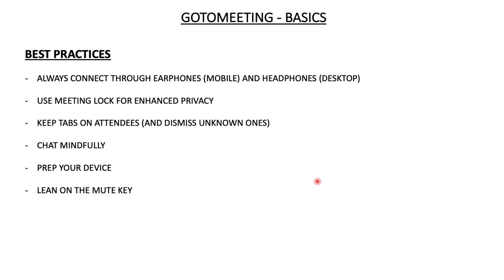The next is that you need to keep a tab on your attendees. Definitely, if you are conducting these sessions with your students, there might be students who are not paying attention, or there is a lot of noise in the background. So you need to see where the noise is coming from. You can always view that in who is talking, so you would find the name. If you feel that there are any disturbances, because this would unnecessarily create distractions,